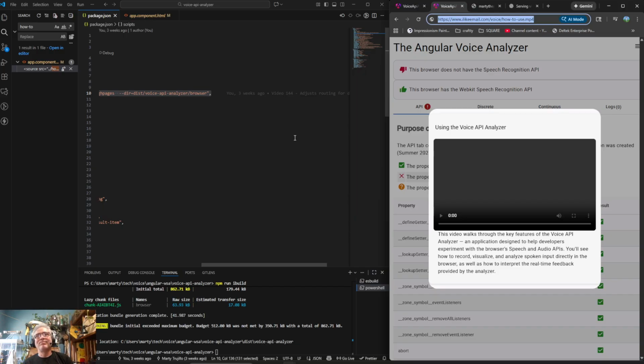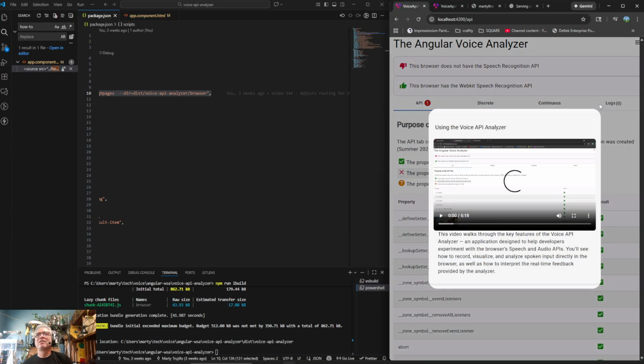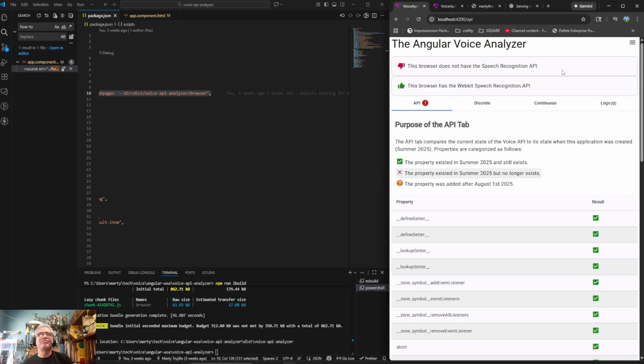Yeah, I don't know what to do. Really don't know. It sucks that it doesn't work the same way here. It should work the same way. If this thing knows how to look at localhost 4200, it should know how to look at localhost 4200. But it doesn't, and I don't know. I've definitely already spent too much time on this.